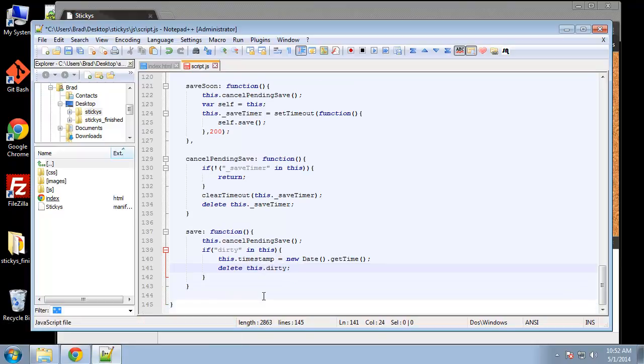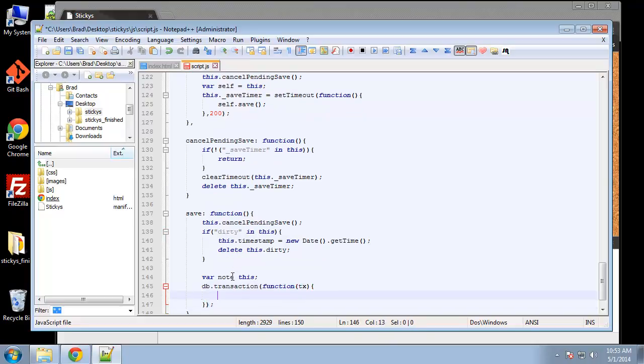Alright, and then underneath here, we'll create a local variable called note, equal to this, which is just the object as a whole. And then we're going to call the transaction to update the note and the timestamp. So db.transaction, and the transaction function, we're going to pass in tx. Alright, so the transaction will be tx.executeSQL,